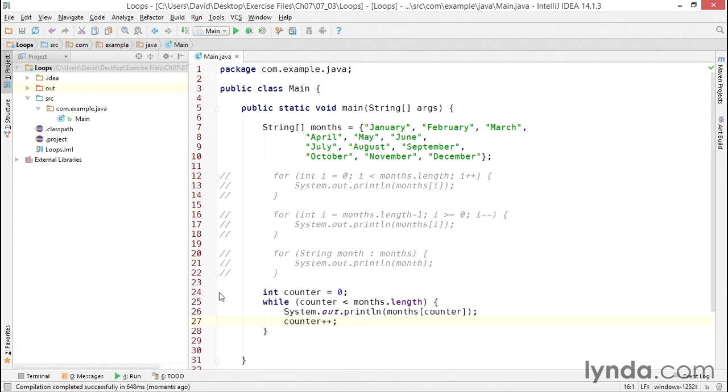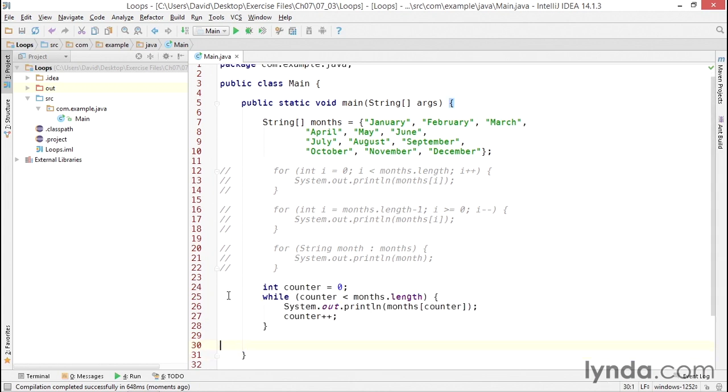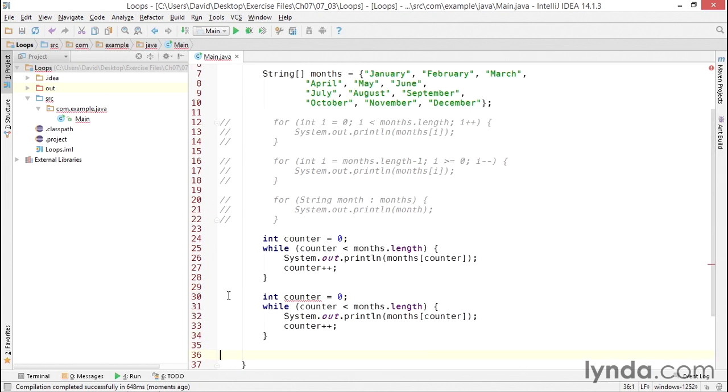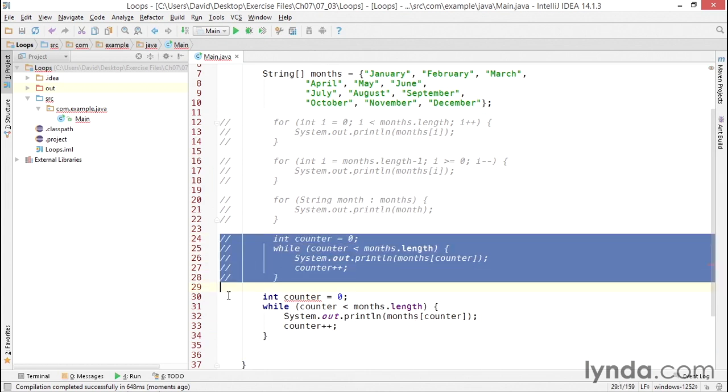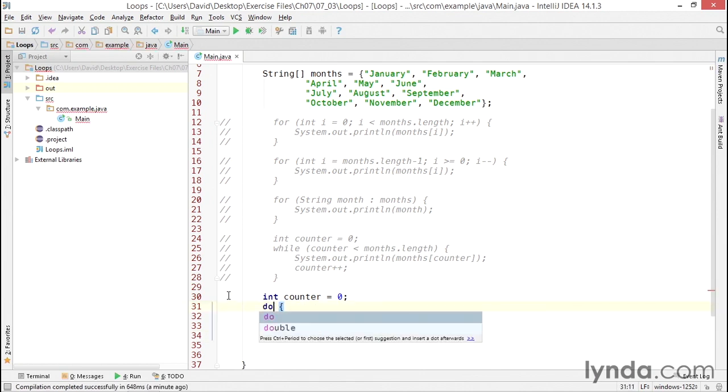And finally, there's the do-while loop. This kind of loop is used less commonly than the others, but it is available. I'll copy and paste my while loop. I'll comment the original version out, and then I'll change the code as follows. I'll take my while condition, and I'll cut and paste it to the end of the code block. And then at the beginning of the code block, I'll add the